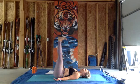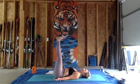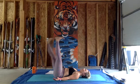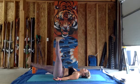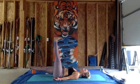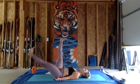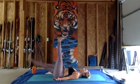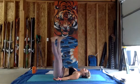And then keeping your head and neck on the ground, so we're just focusing on those low abs, drawing the front of our pelvis up first, of course. It's a theme today. Exhale, drop your right heel down, keeping both legs straight, pressing out through both heels. And then switch. Inhale up, exhale down. And keep switching,